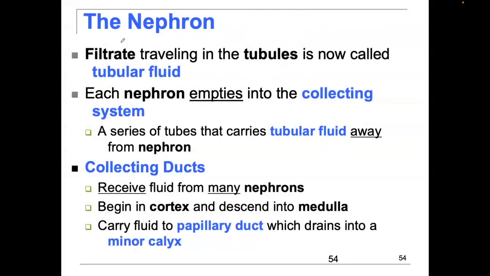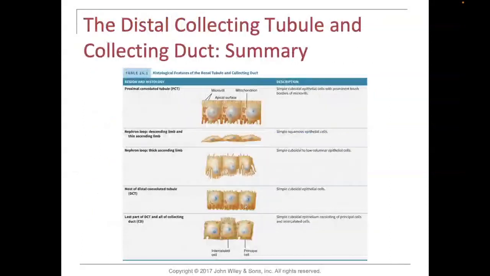We spoke about filtrate. We spoke about the collecting ducts. We're familiar with the papillary duct and the minor calyx, major calyx, renal pelvis, ureter. We know that entire pathway. I had mentioned that the proximal convoluted tubule is made up of simple cuboidal epithelium, as is the distal convoluted tubule, simple